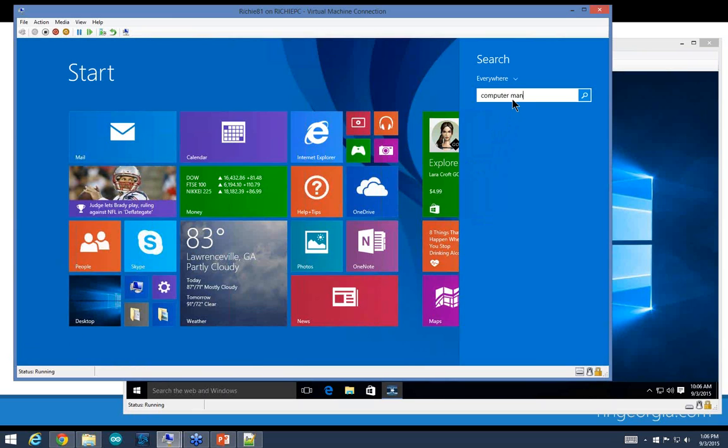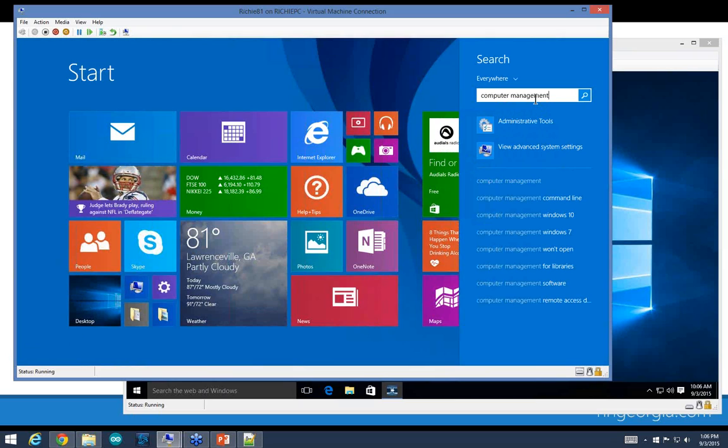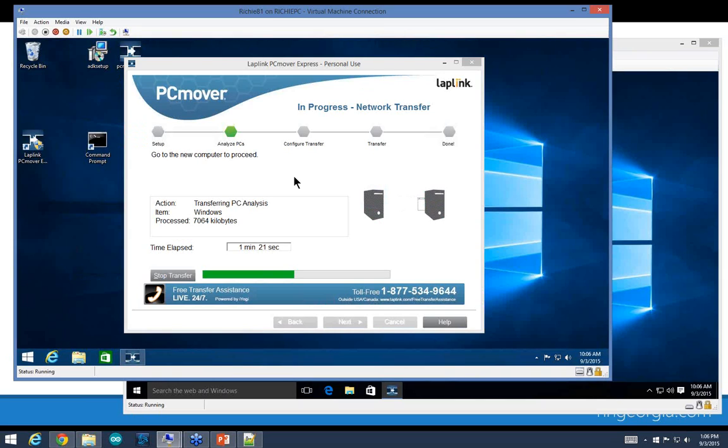And let me see if I can get there and show you. Come on, Windows 8.1. I know you're busy, but wake up. All right, we'll go ahead and do administrative tools on that one. Again, while it's working, we'll head into those administrative tools